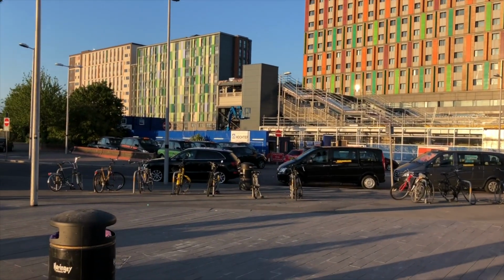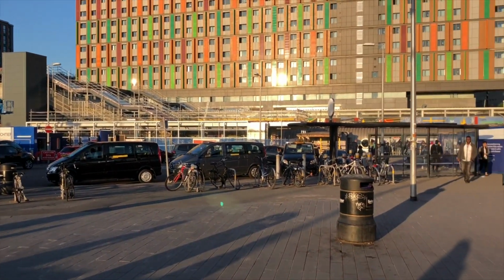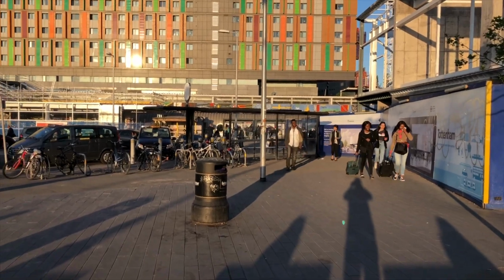Right, anyway, this is Tottenham Hale. It's a bit like a building site at the moment, so we've got building work going on, modernisation and whatever. So, as I say, the Victoria line to King's